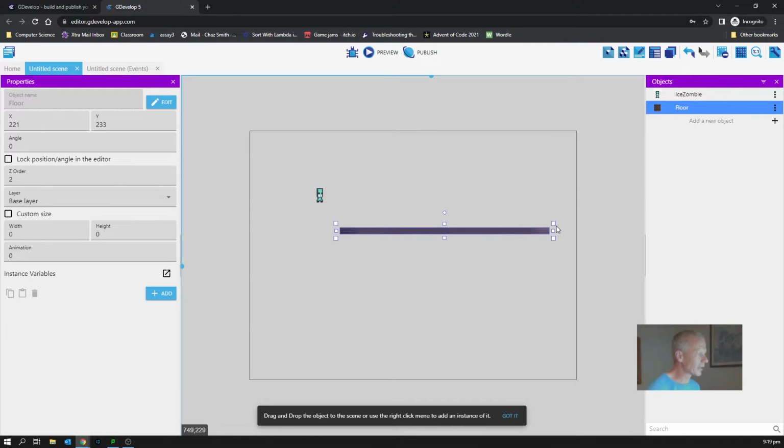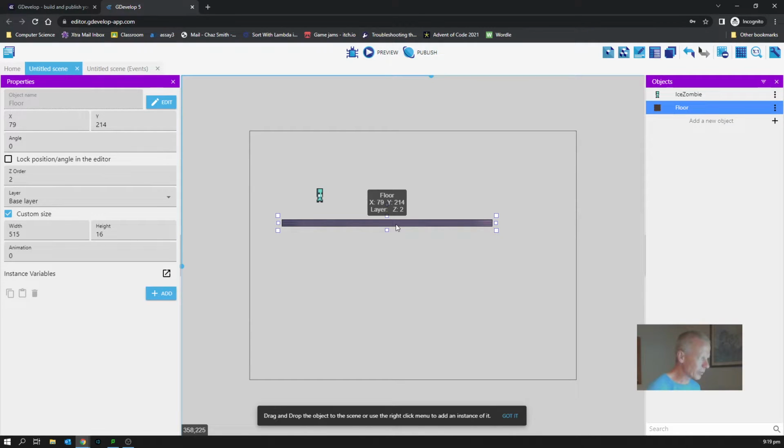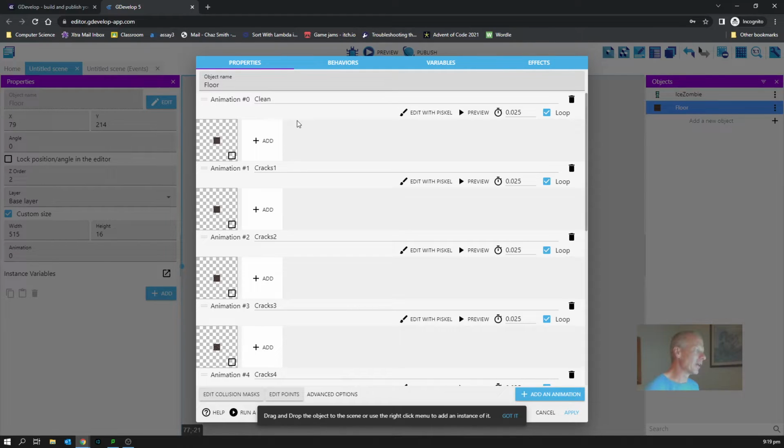It should be a tile set, not one big tile. But I do need to do the same thing: double click it to open it up in the editor. You can right click and edit it as well. Same thing, go into behaviors, add a behavior to this object, and the behavior is going to be platform, something that the character can run on. Apply, and now hit play again, preview,